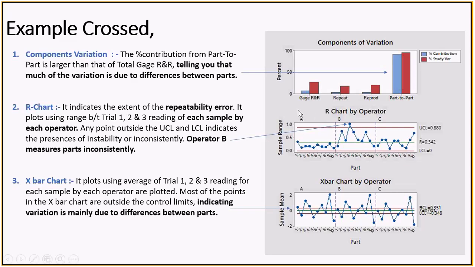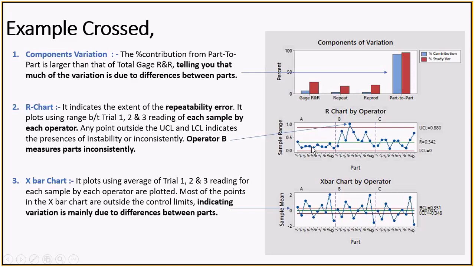You can see on the top, this is operator A, operator B, and operator C. So this area from here to this dotted line is the operator A area, and on the bottom you can see all the parts: part number 1, part number 2, part number 3, or sample number 1, 2, 3 till 10, right? So sample number 1, operator A has measured 3 times. So there will be some readings, like top value and lowest value for sample number 1. So the difference between the highest and lowest value is here. Similarly, the difference between the highest and lowest value is here, and here.